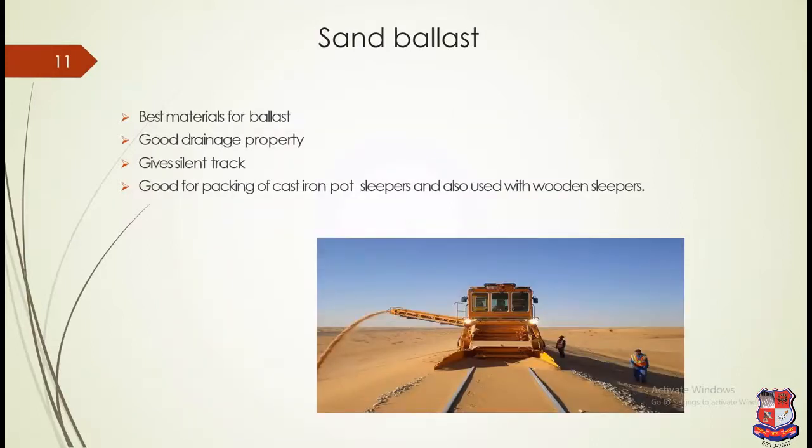Sand ballast. Sand forms another good ballast material. Coarse sand is preferred to fine sand. Sand ballast is used primarily for cast iron sleepers. It is also used with wood and steel sleepers in areas where the traffic density is very low. Sand ballast has good drainage properties, but its drawback is blowing off because of being light. It gets into moving parts and on the track and causes heavy wear to the track.